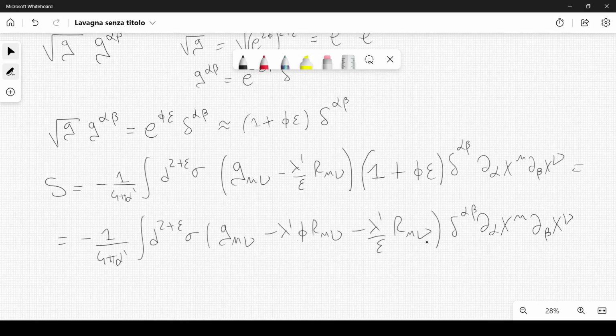Now notice that when epsilon goes to 0, well, we know that this term will diverge, but we have motivated this term by means of renormalization. We need this in order to renormalize the vacuum expectation, for example, right? That's how we motivated it. But then we also have this term, which depends on phi. But this term here would break Weyl invariance if it were not equal to 0. The Polyakov action should be Weyl invariant.